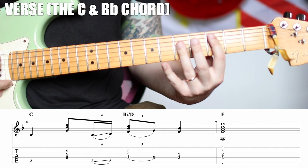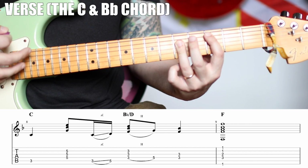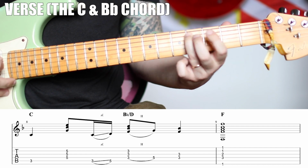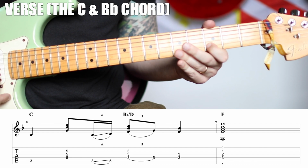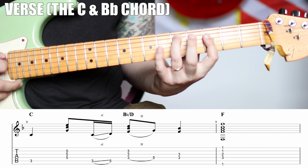So it's the same concept. You play the C, root note here on the 3rd fret of the A, 1, 2, then you're going to slide from 3 to 5, and then you're going to play 3, 3, 3 of the D, G, and B. And I'm mostly just playing the D and the G. This comes from the